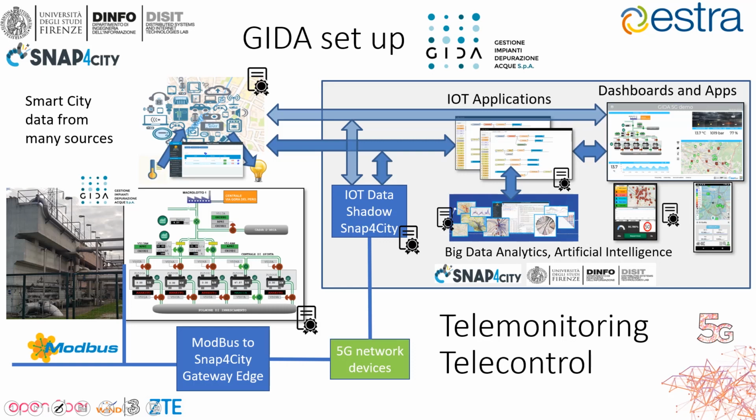So this water plant needed a telecontrol to telemonitor what is going on. Typically, these plants are very spread, very large, and so you can have the need of monitoring and mixing together the information regarding the plants and what is going on,